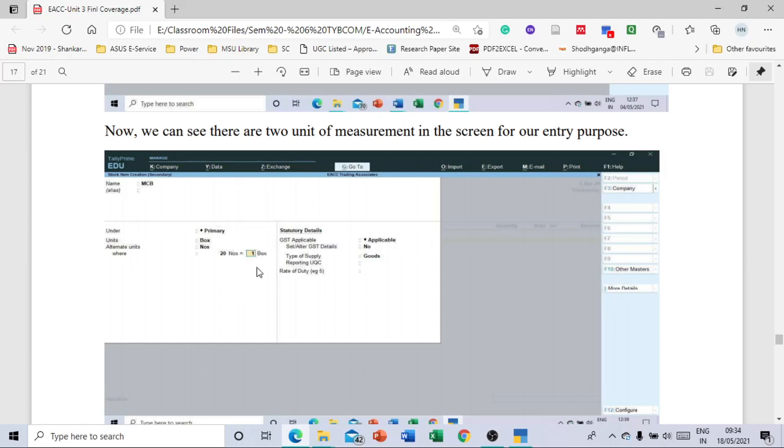Why am I using this alternate unit of measurement? Why am I trying to fix one equation? Because my price will be in terms of box. And along with the boxes, I also want to maintain the nums criteria for the purpose of accounting with the